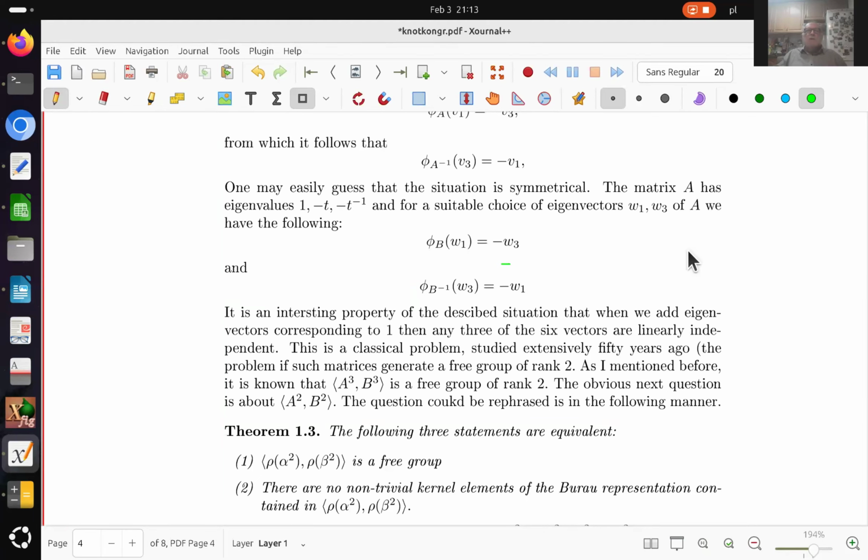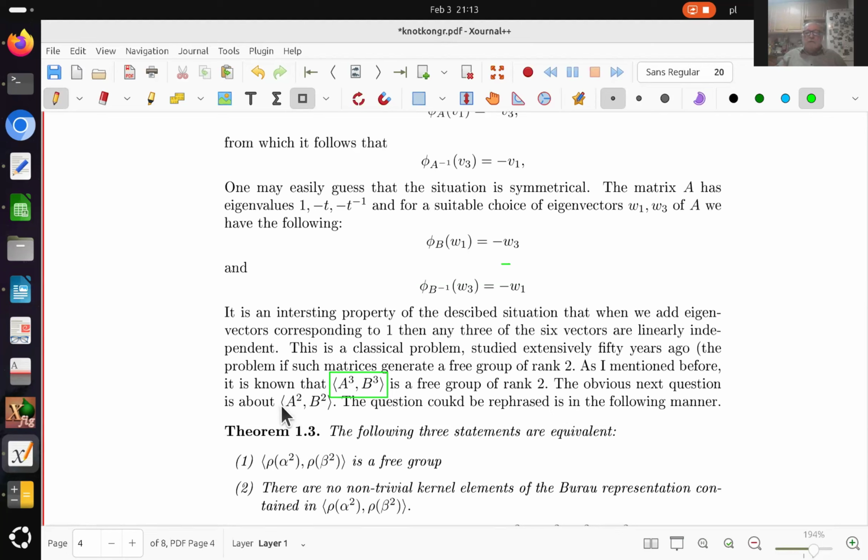In this case, it may be relatively easily proved that if you take k equal to 3, then these two matrices A cube, B cube do generate a free subgroup of rank 2 in the group of invertible matrices with coefficients in the ring of Laurent polynomials. So the next obvious question is